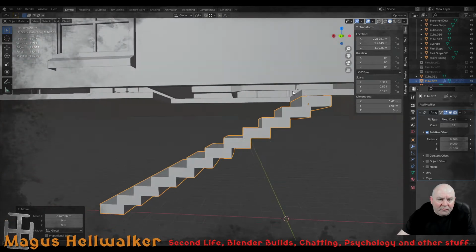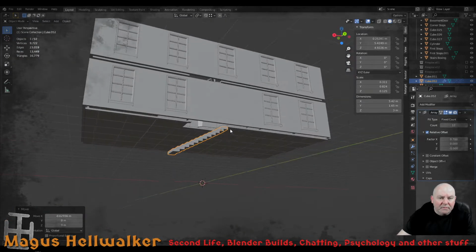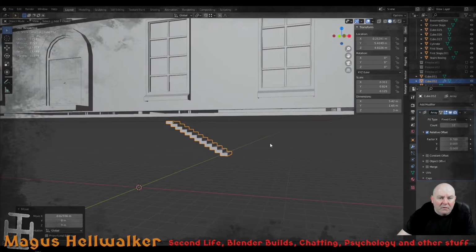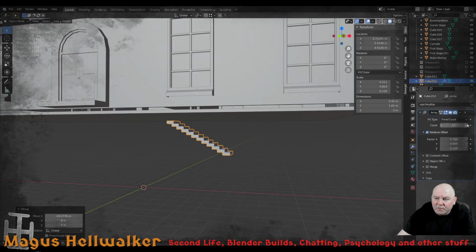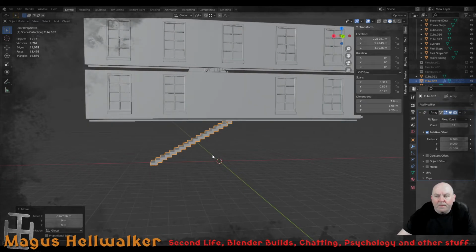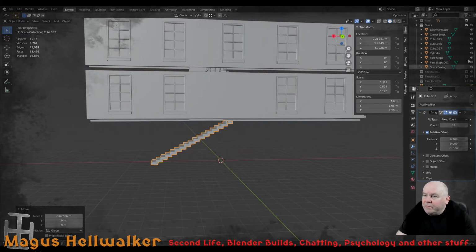There we go, then that drops down a little bit better. I'm going to leave the modifier on that because if I bring back the basement